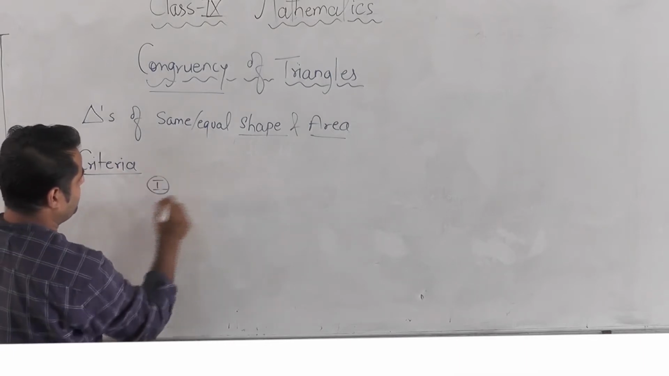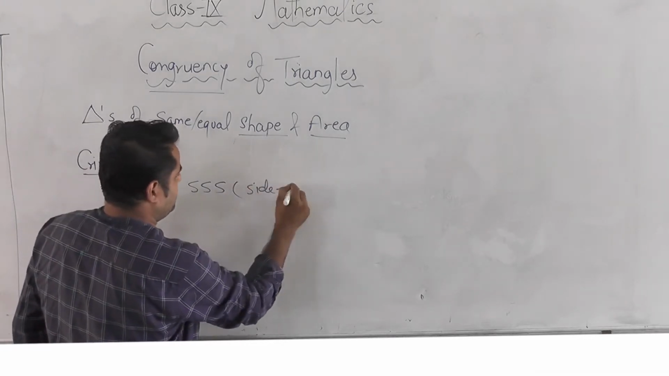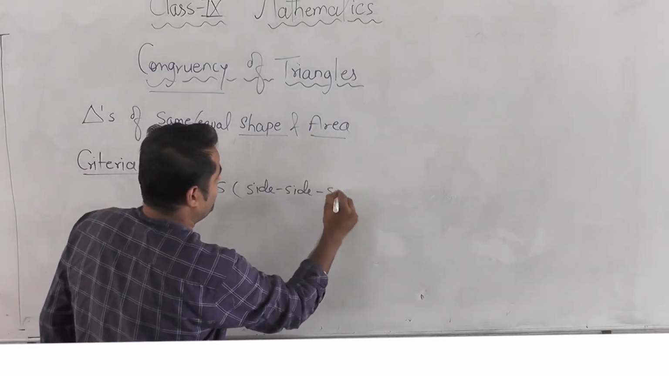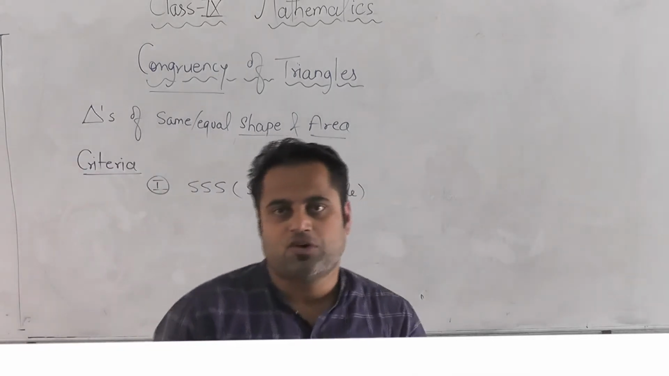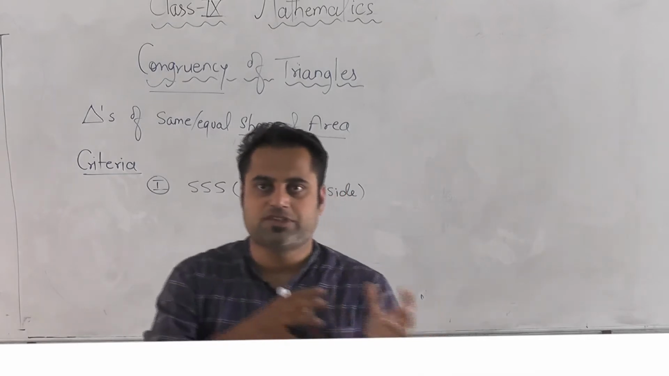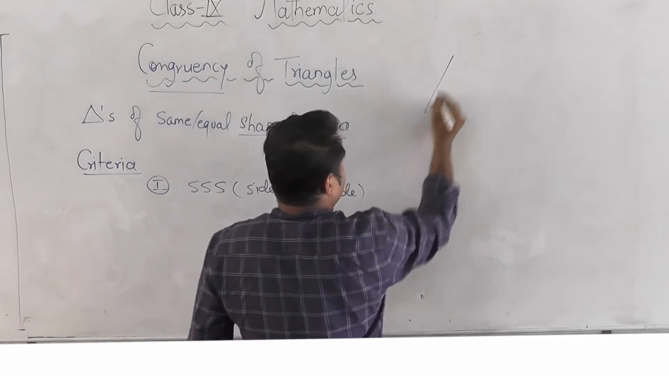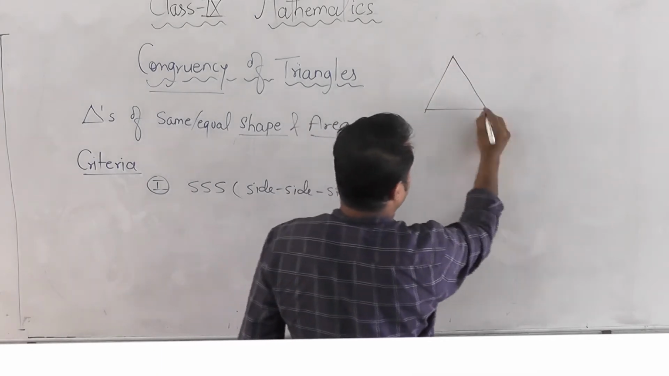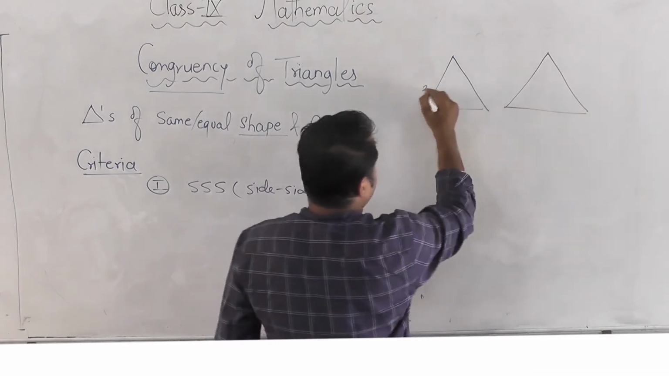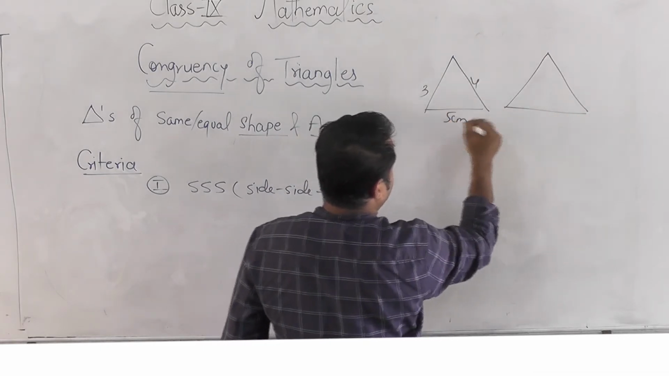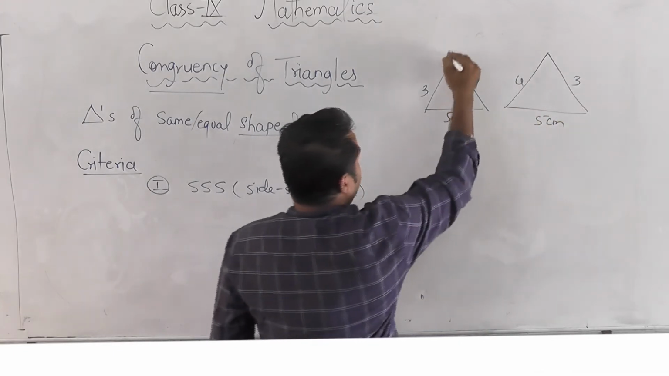The first criteria is SSS, which is called side, side, side. When the two triangles have all 3 corresponding sides equal. What does corresponding mean? The side of the same side. Like these two triangles I am taking, one triangle, another triangle. Suppose this is 3, 4, 5 centimeter, and this is of 4, 3, 5 centimeter. Now as you can see,